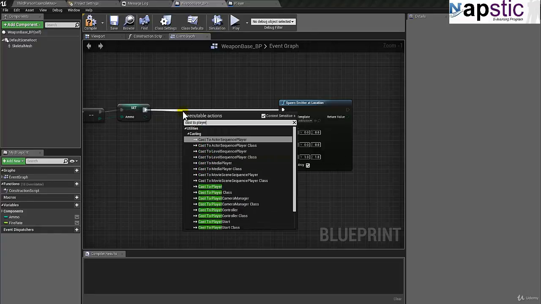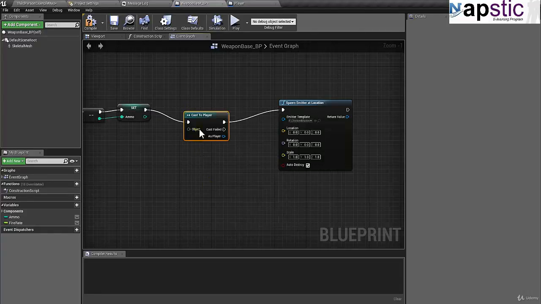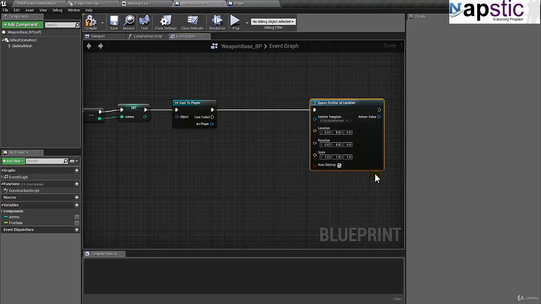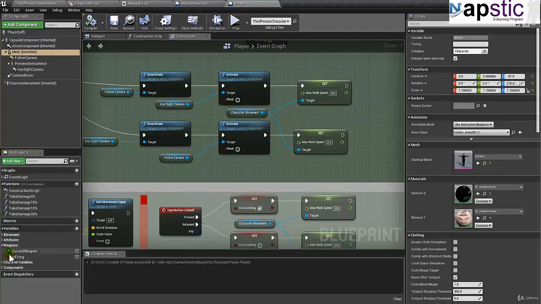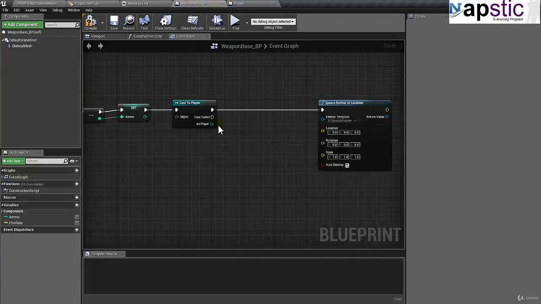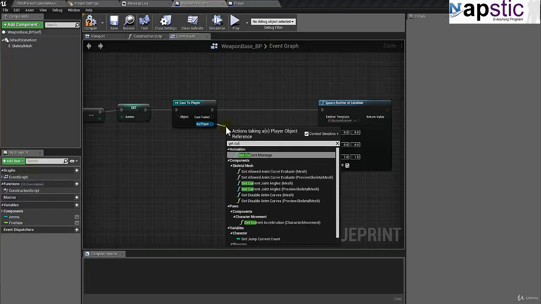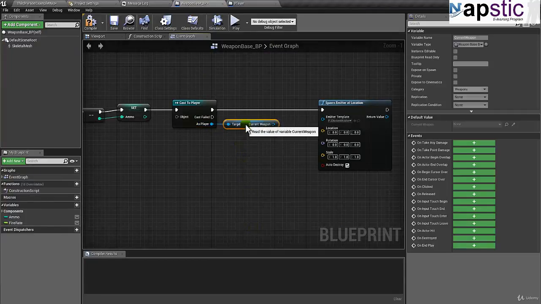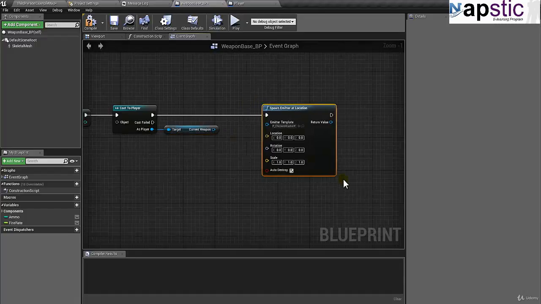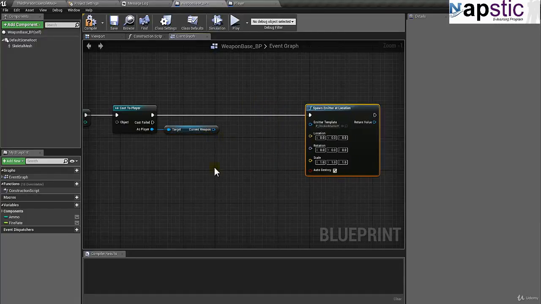Cast to player. Okay, and that would be this. Okay, and cast to player, and as player, let's get the current weapon. So this is what we're looking for. If we're looking for this particular variable, we're trying to get this particular variable from the weapon base. So we'll say get current weapon, and it's right there. There you go. Okay, move this towards the right a bit because we have to get the location, rotation, and